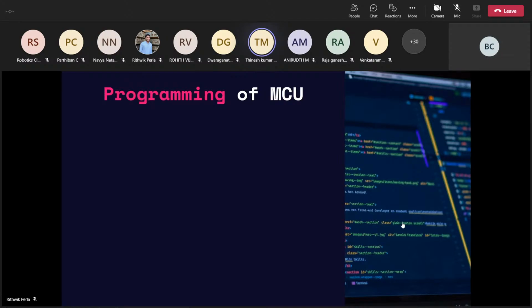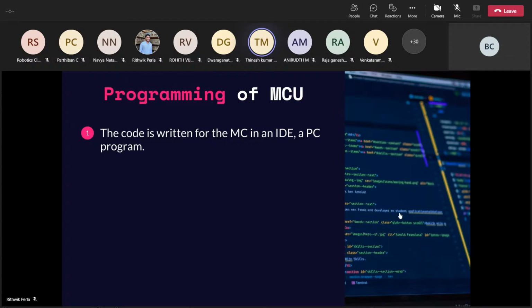So I have been telling you that I will write some code to do that specific operation, right? So how do we program a microcontroller? Guys, how many of you know C, C++, Python, or any programming languages? What kind of programming languages do you know? Where do you type those programs? What kind of IDEs do you use? Come on, list some of the IDEs you have used so far.